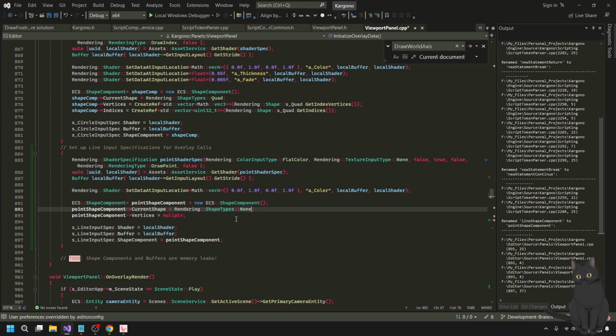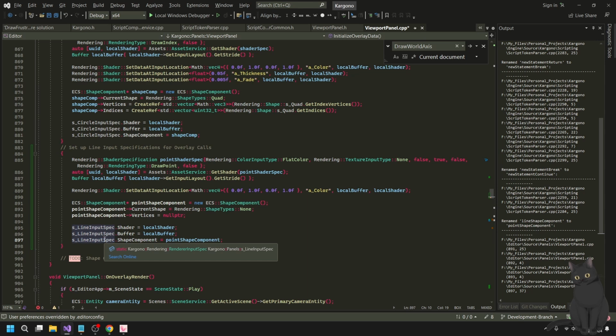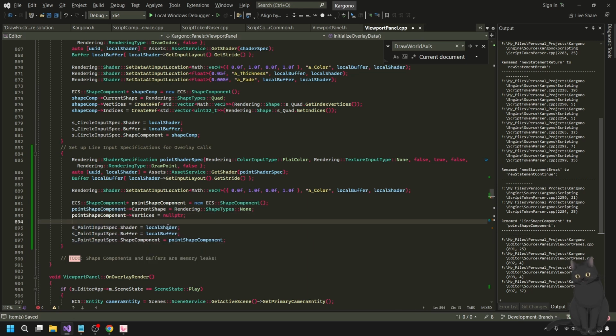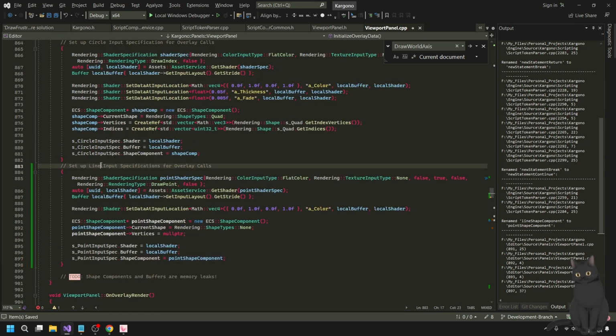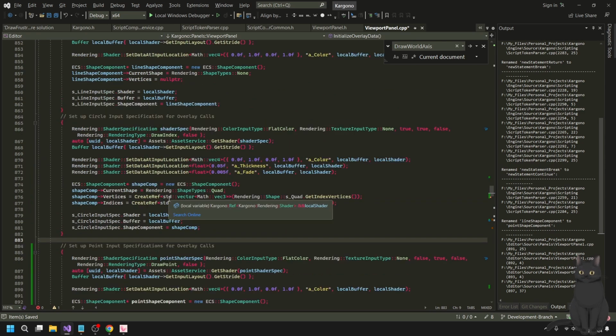Vertices is null pointer. Yeah. And then these are going to be points: local shader, local buffer, and then point shape component. And then there's gonna be point inputs. So this may or may not work. We'll see. Really hoping it does though.